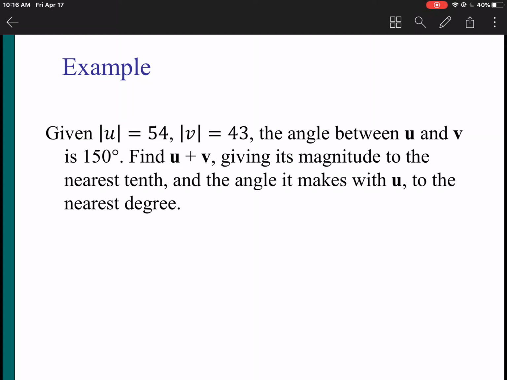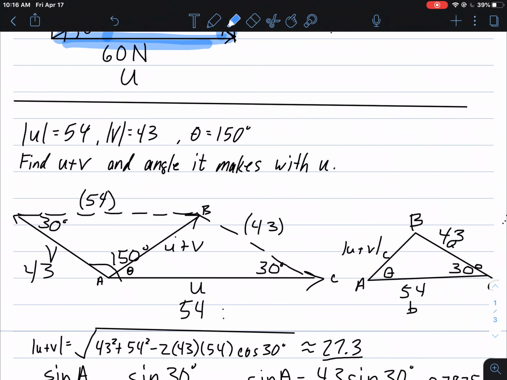We're given that the magnitude of vector u is 54, the magnitude of vector v is 43. We're given the angle between vectors u and v to be 150 degrees. We want to find our resultant vector u plus v, giving its magnitude to the nearest tenth, and the angle that it makes with vector u to the nearest degree. All right. So we're given our information, we're given the magnitude of the two vectors, and we're given the angle